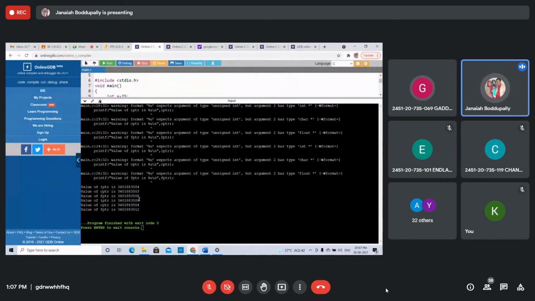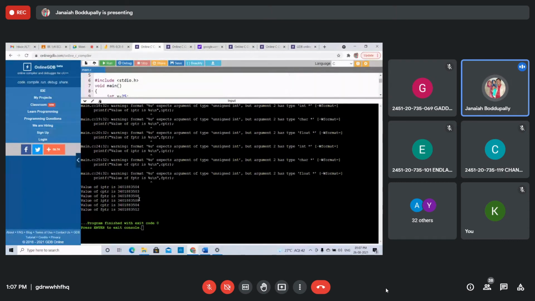Sometimes compiler error. Understood? When you add, what happens to the increment? That is a character. Suppose that is a character pointer, it increments 1 character, 1 byte. If it is the integer pointer, it increments 2 bytes because size of the integer is 2 bytes. Same like float value, it increments 4 bytes because size of the float is 4 bytes. These are the arithmetic operations of pointers. Got it? Right, students.